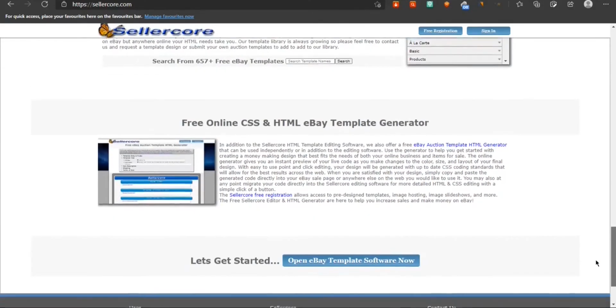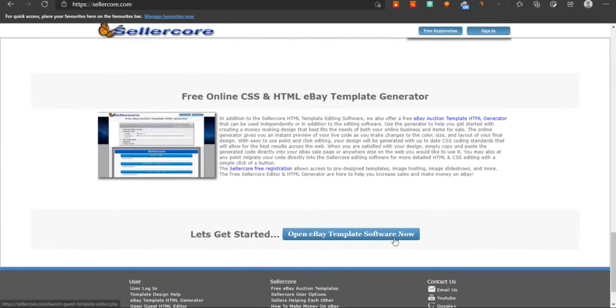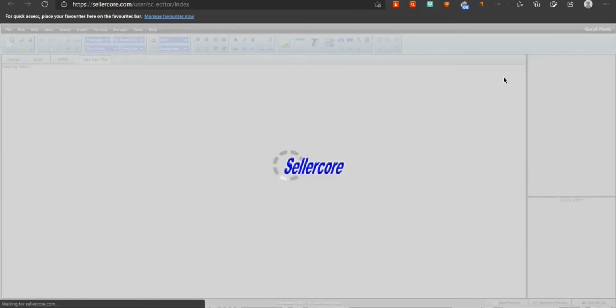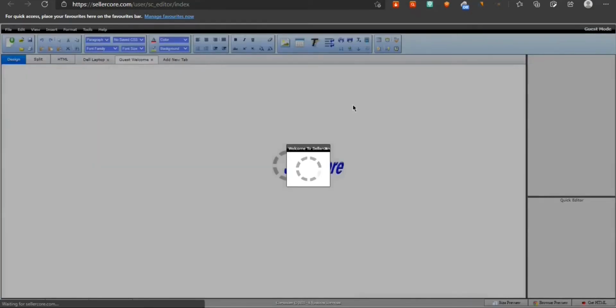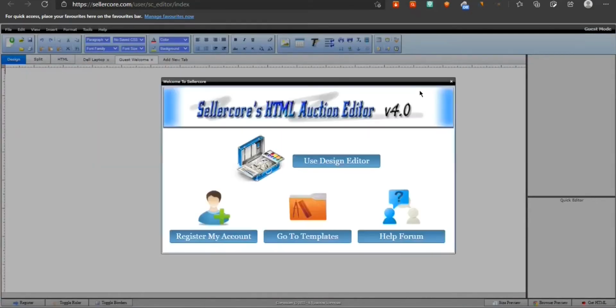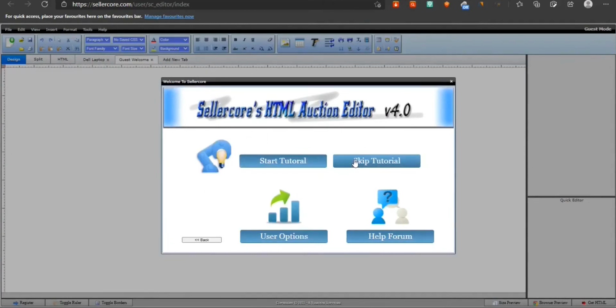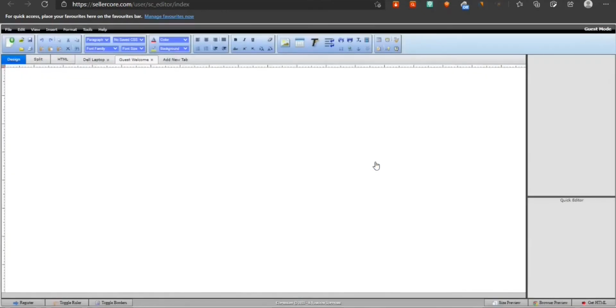And click on open eBay template software now. Okay, I'm gonna skip tutorial there.